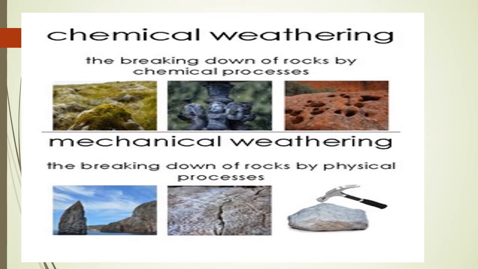Whenever chemical weathering takes place on a certain rock, the color of the original rock and the weathered rock is very different. The composition of material of the original rock and the same rock after weathering is also different. So chemical weathering changes the total composition of that rock, whereas physical or mechanical weathering does not change the composition of the weathered rock.